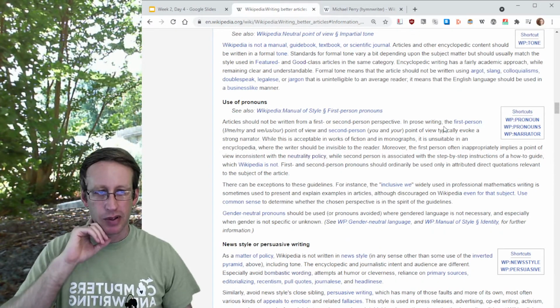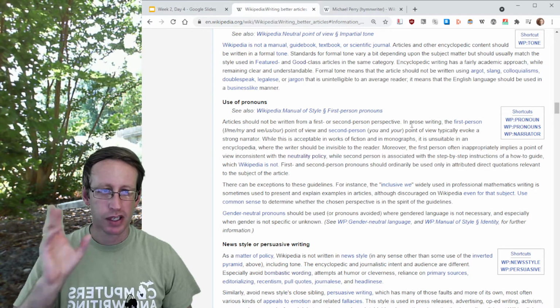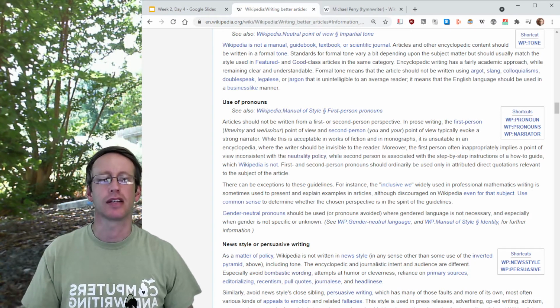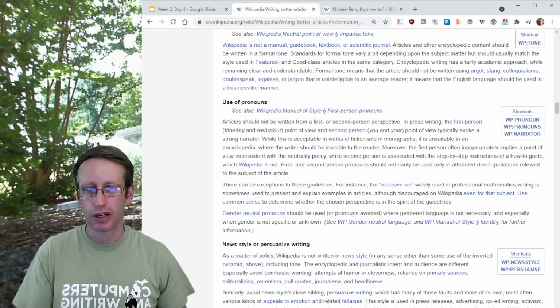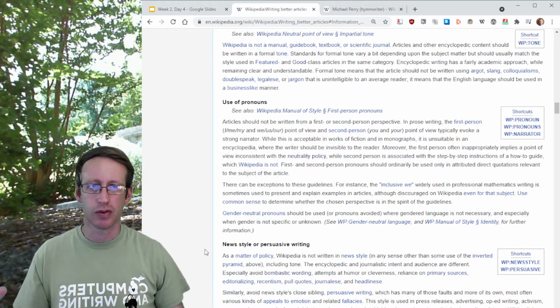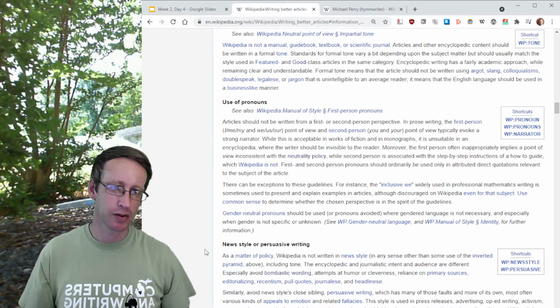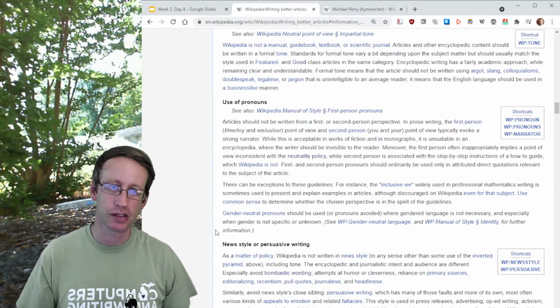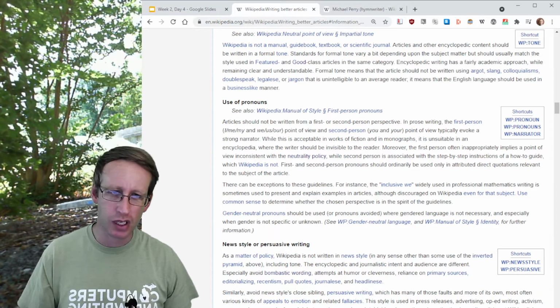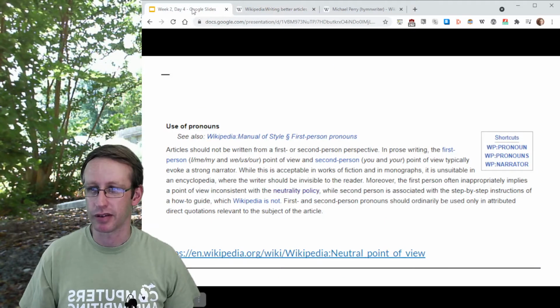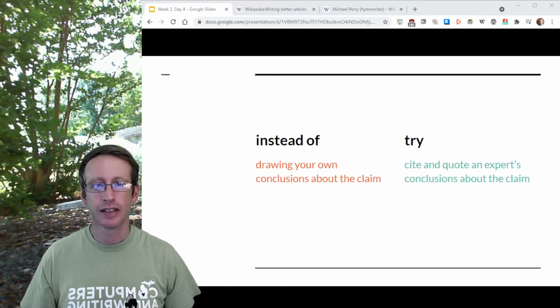And I like the way they put that. When you use first and second person, then it evokes what they call a strong narrator. And I think that's a good phrase. And that's what you're trying to avoid. I mean, you're not a strong narrator here. You shouldn't be. You are the accumulator of facts, and you're the one who's going to tell us what the truth is. So please try to do that. And if you want to read more about it, I think it is really pretty fascinating, but in a pretty quirky kind of way, I guess.